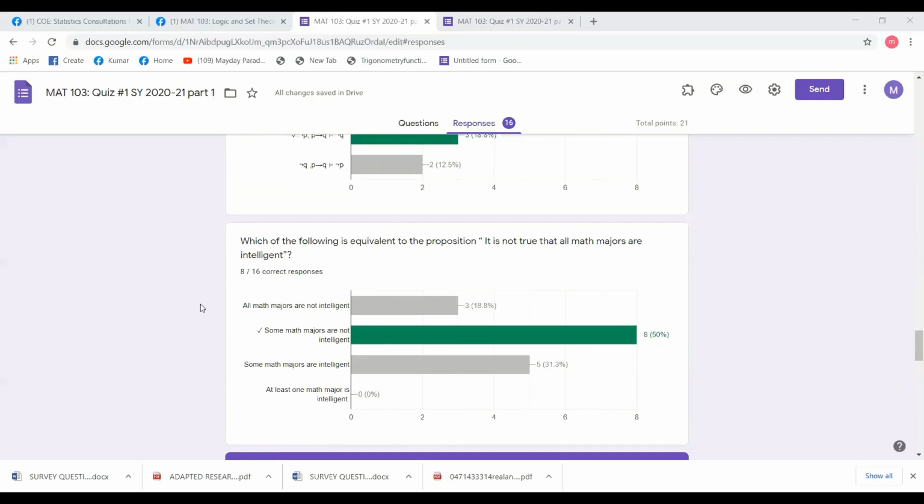Math majors are intelligent. What is the negating statement of "are intelligent"? We will say "are not intelligent." Therefore, we could say some math majors are not intelligent. So option B here is the correct